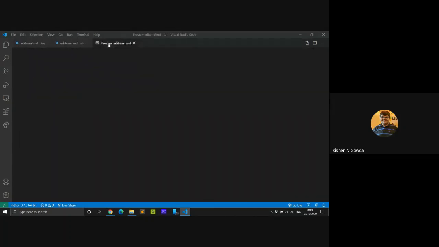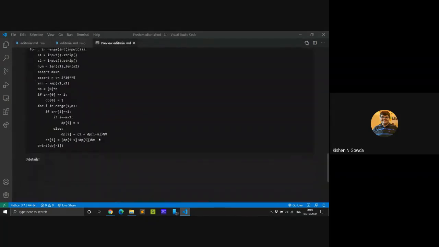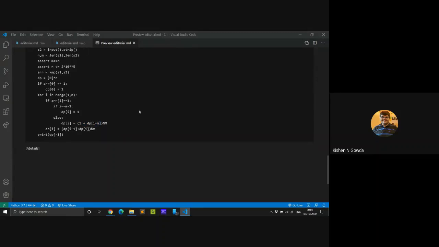But as I told you, I'm going to store the value of prefix of i minus m at dp of i minus m, because we can just save space. So dp of i is 1 plus the prefix of i minus m, and I'm doing modular arithmetic here, taking the whole modulo m.